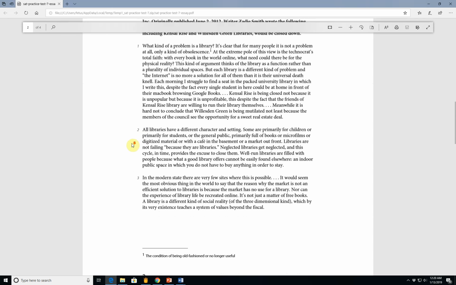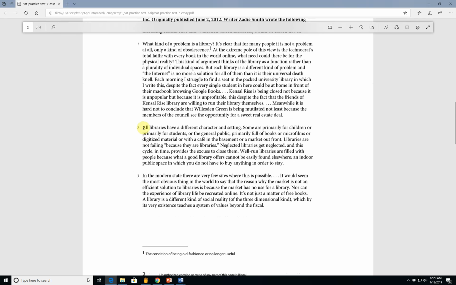In the second paragraph, all libraries have a different character and setting. Some are primarily